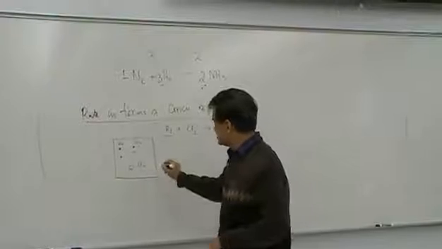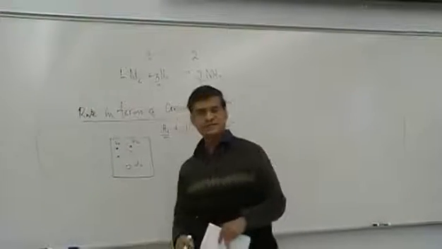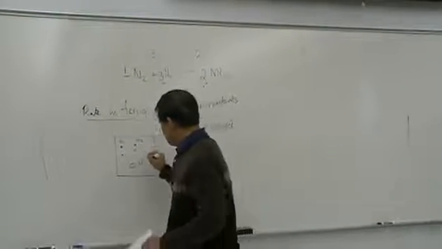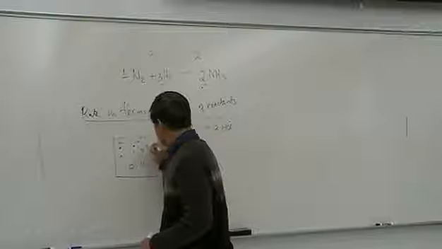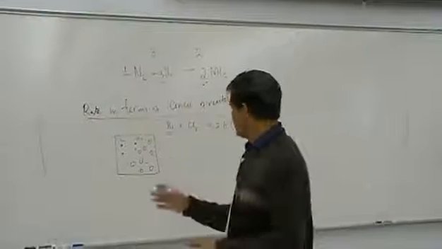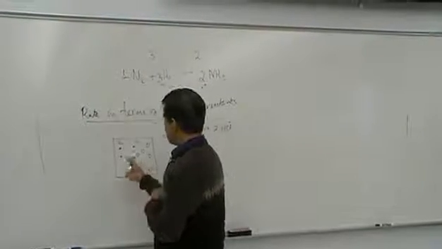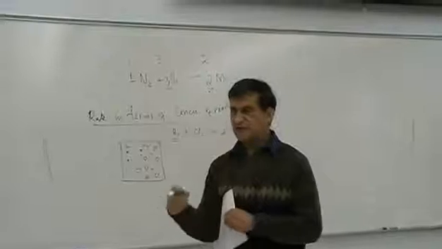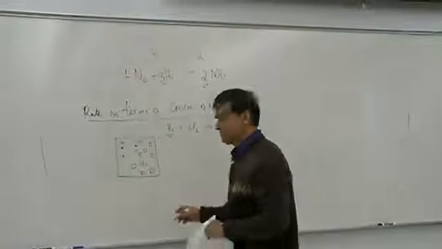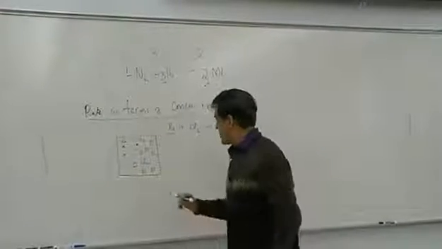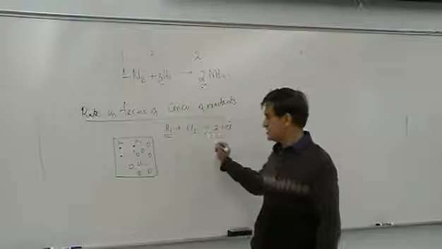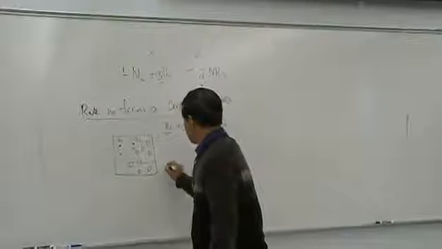What would happen if I increase Cl2 concentration? Instead of having 1 Cl2, let's assume that I have 100 Cl2 in the same space. So a lot of these Cl2. There will be now a greater chance even if you increase Cl2. So it doesn't matter whether you increase H2 or Cl2. In each case, the collision is going to be more often when you increase the number, so the rate of reaction would increase. So no matter whether you increase concentration of hydrogen or concentration of Cl2, the rate of reaction is going to increase. So now we can write down the rate expression